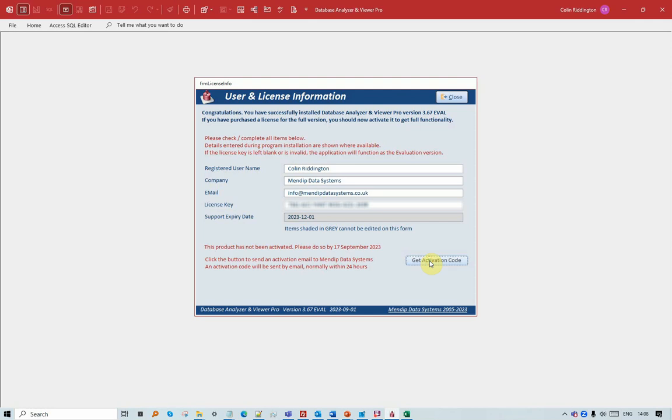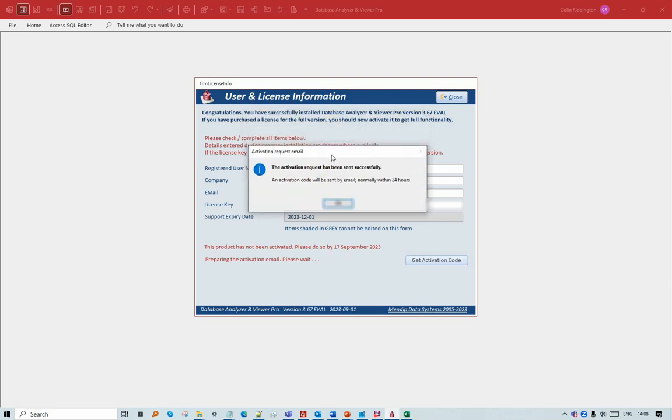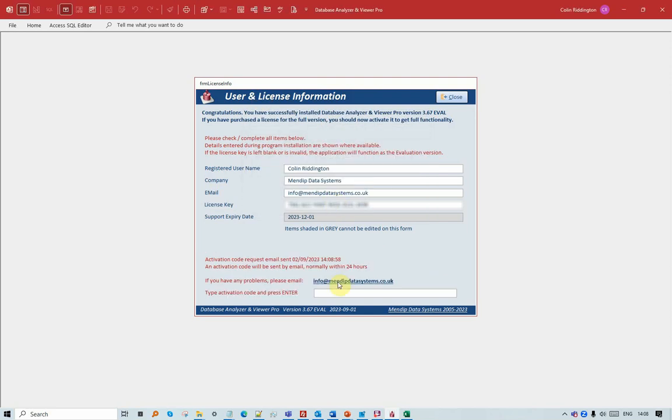So we click on activation code. After a few seconds it will then send silently an email to me. There you go, we have a message saying that it has actually been sent, and so now we've got some additional information here. I've got a box here for you to type in the activation code when we receive that,